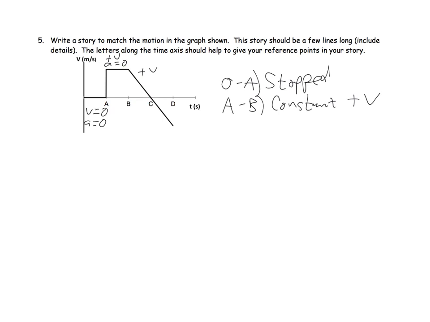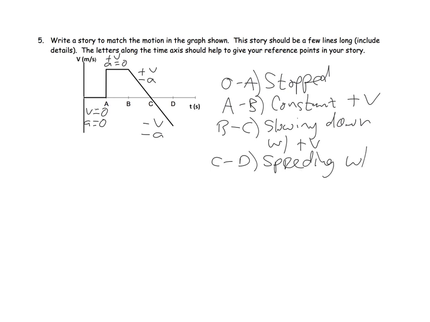Now we have a negative acceleration. So B to C, you should discuss some motion that involves slowing down with a positive velocity. And then this final segment here from C to D, that is showing a negative velocity and a negative acceleration. So that would be speeding up